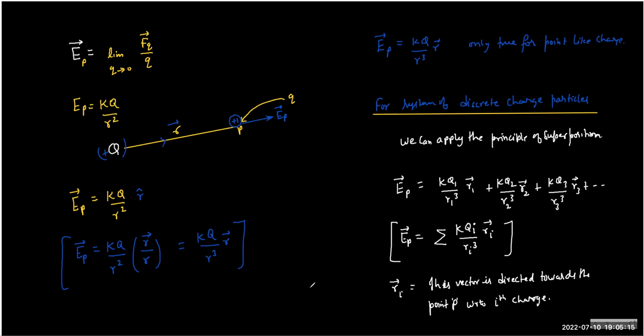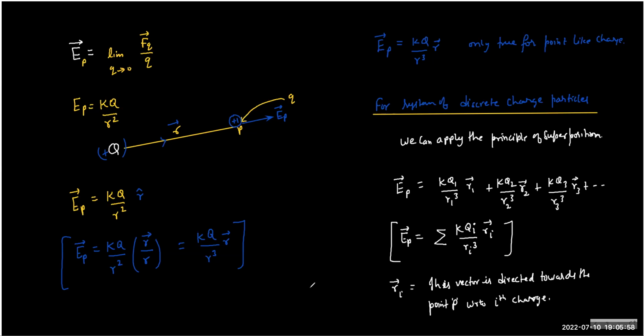Yes. Now the two cases are very important or very interesting. One, when every charge is on the same line. So what will happen if all charges are on the same line? Then all the r vectors will be collinear, isn't it? Imagine all charges are on the same line. Can we say that all the r vectors will be collinear? Yeah. And in such a case, you are really lucky that the vector addition will turn out to be a simple scalar addition, because we have only two possible directions, right or left.